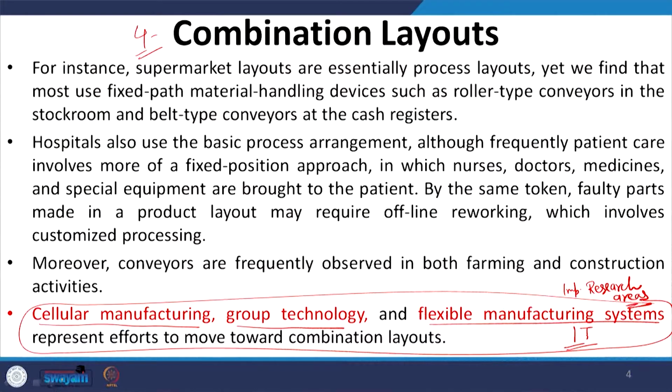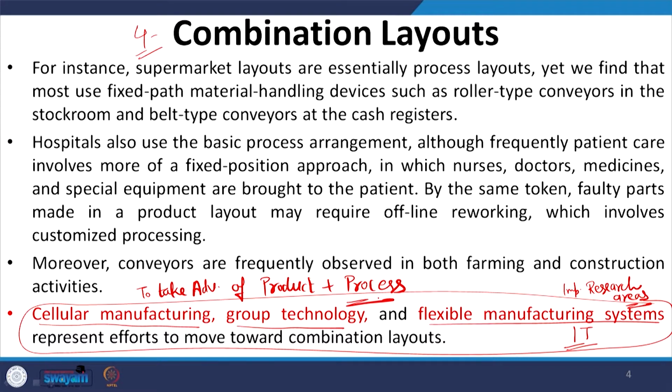So, IT and the latest research which is helping in development of these kind of combination layouts. In the combination layouts, the idea is basically to take advantage of product plus process. That is basically the idea of this particular system, that how we can take the advantage of it.